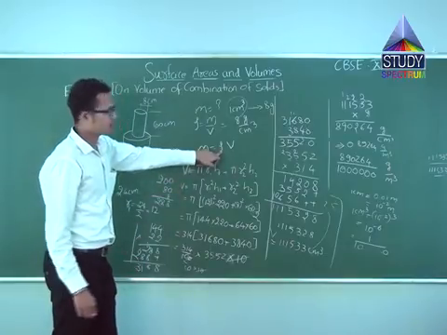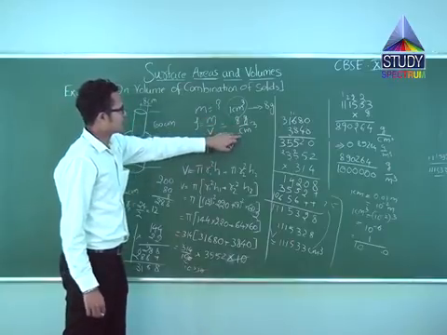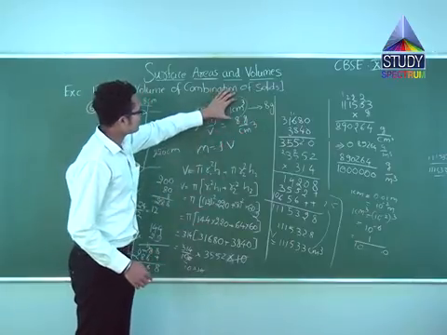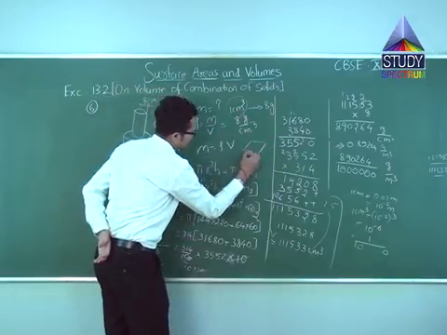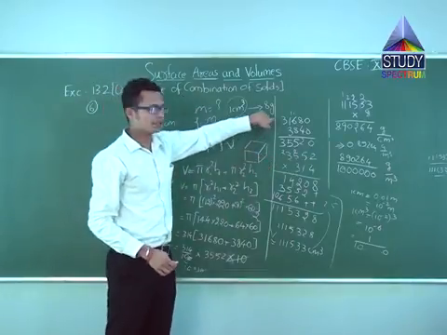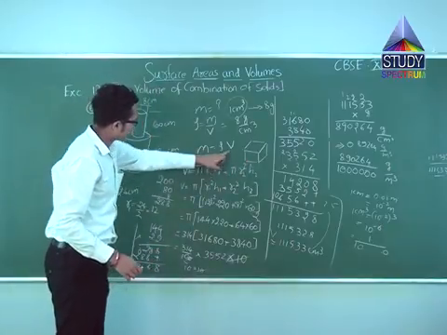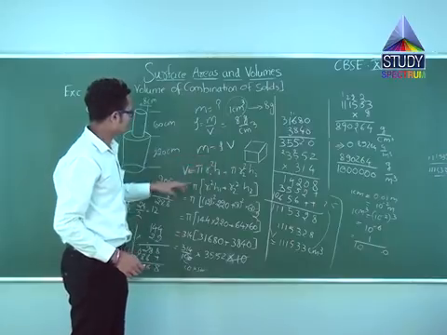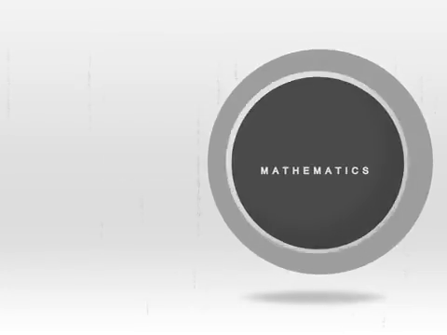I know what density is. It is given in the data as 8 grams per centimeter cube. What this actually means is, if this is a box of 1 centimeter cube, then it weighs 8 grams. That's the meaning of 8 grams per centimeter cube. Then we find volume, then multiply that volume with density, we get mass. Volume is given by volume of